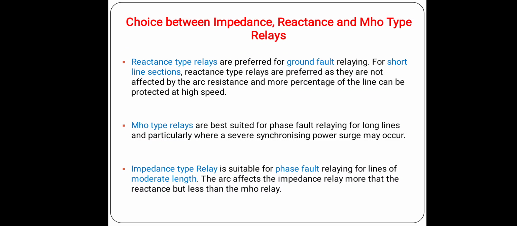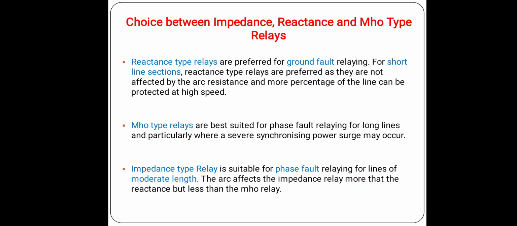Basically, today the trend is towards the use of static distance protection for all types of line faults, main and backup, for short, medium and long transmission lines. In a general way, the choice of type of distance protection mostly depends on the length of the line, the tripping time required and the coordination requirements. These factors are suitable for the choice of type of distance protection.